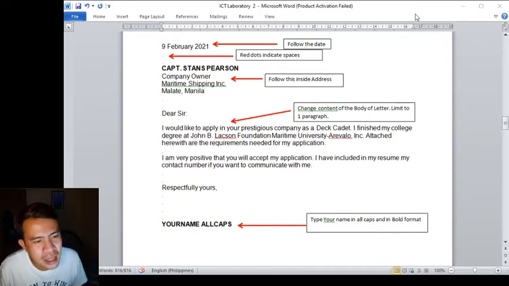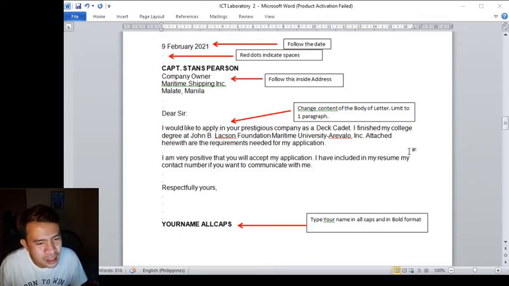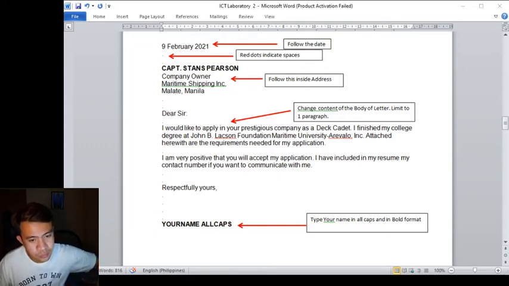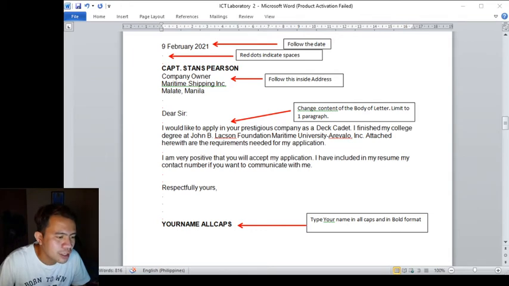Pinakataas. Ang date is 9 February 2021. Iso-zoom in ko lang guys ha. Ayan. Ay, sorry. So, yun na po. February 9, 2021. Ang nakalagay ho dito kasi merong dalawang dots. So, that means dalawang spaces. So, I will enter 1, 2. So, meron ako ngayong dalawang spacing dito. Another one, magdadagdag tayo. Kasi susulat tayo ng next na,